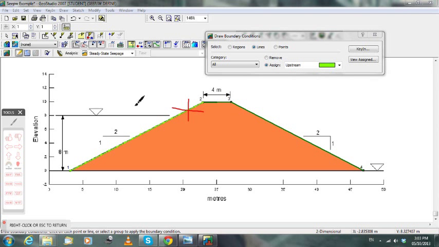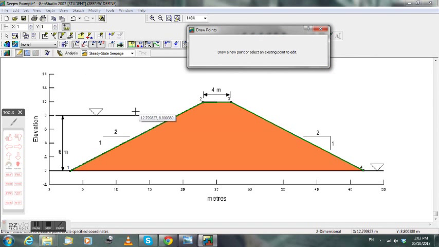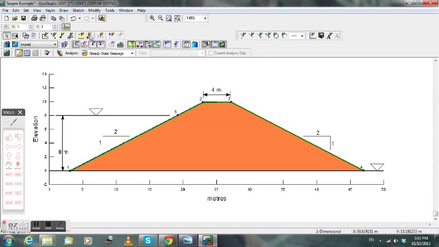So we can just remove this boundary, and we have to separate this line to two lines. The line for the points below the water level, and the line for the points on the top of the water level. So we have to draw one point on the water level,